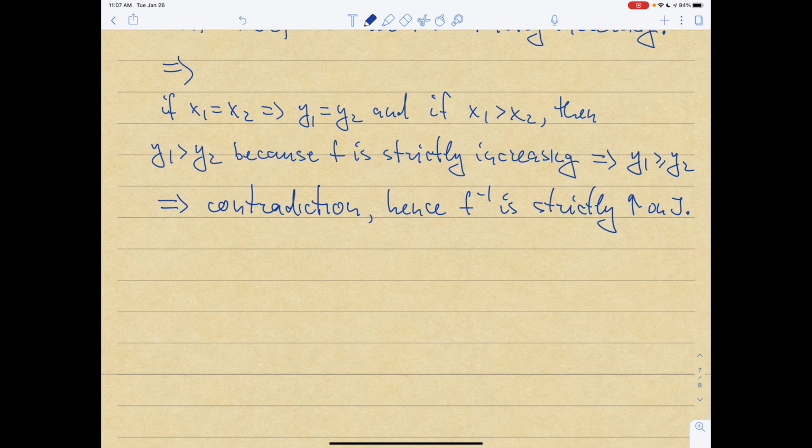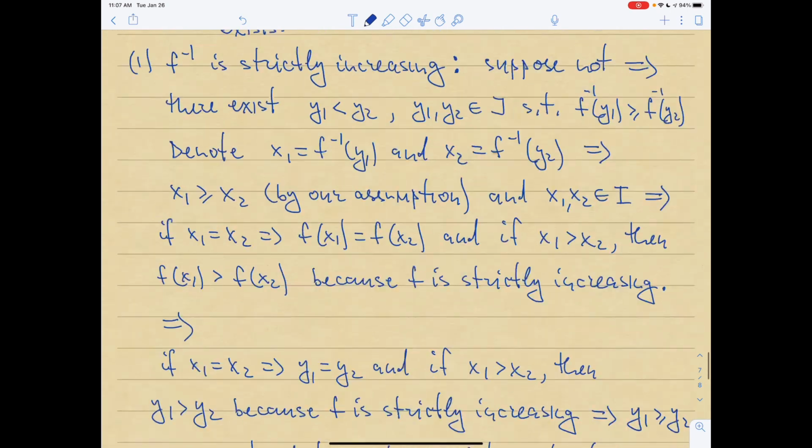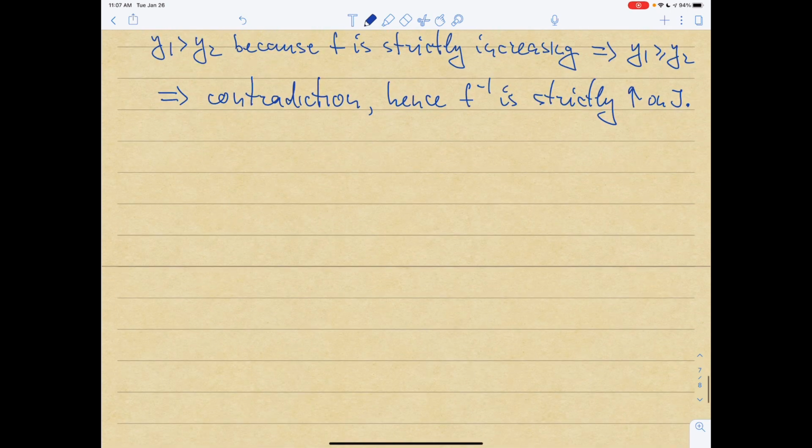All right, so, and then number 2. The second fact that we want to prove is that f inverse is continuous on J. Okay, so let's see how we can do that. Let's choose